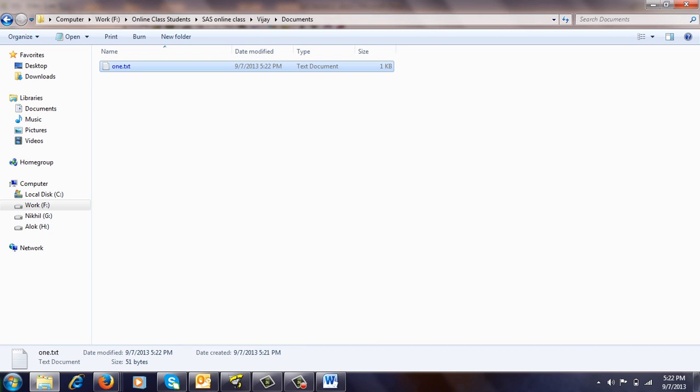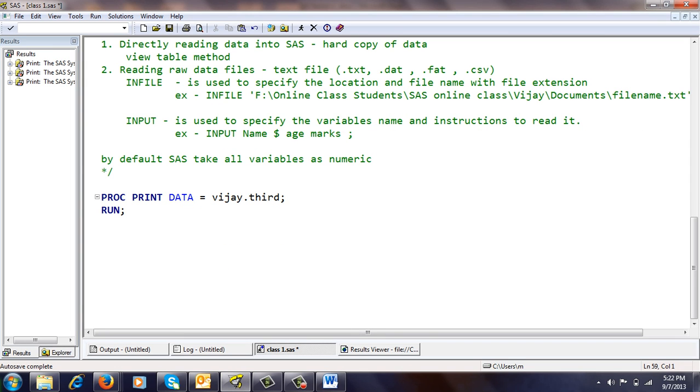The file name that I want to read here is 1.txt. So now we are going to write the code here. To create the data set, we have to give the data keyword, then specify the library name dot, then data set name. I just give here 4 semicolon, then we give the infile, which tells us where the file is.